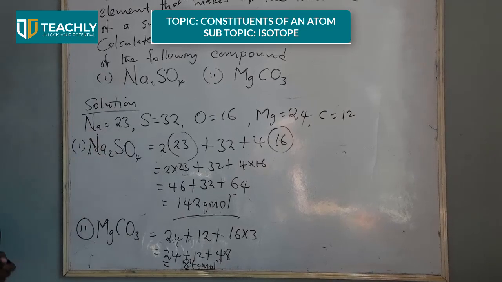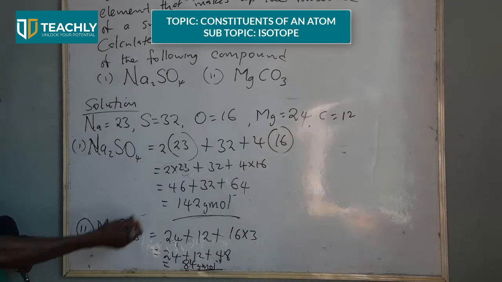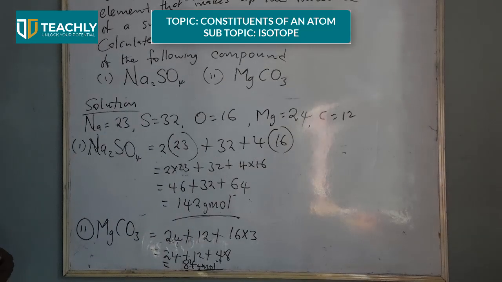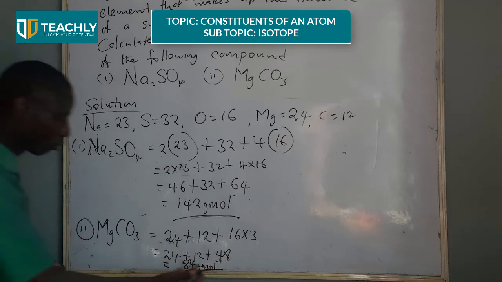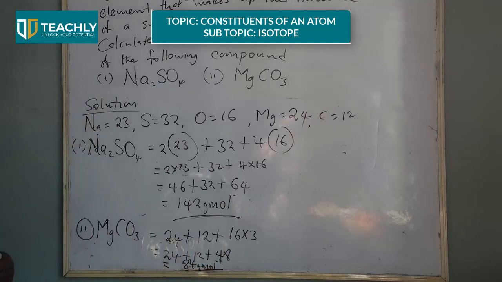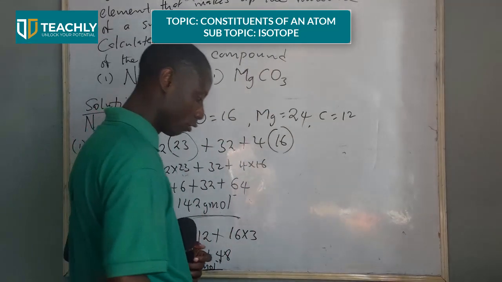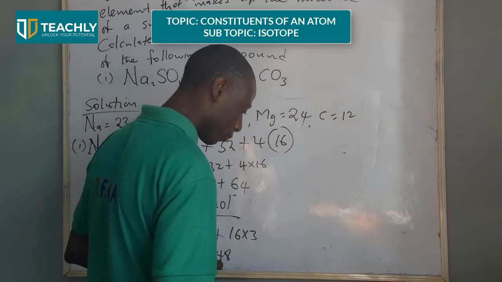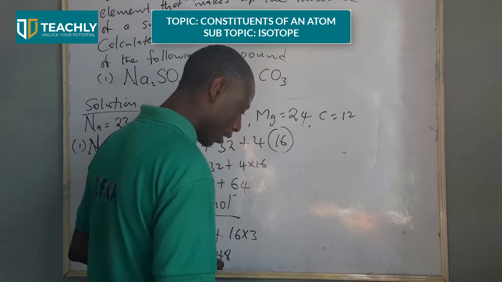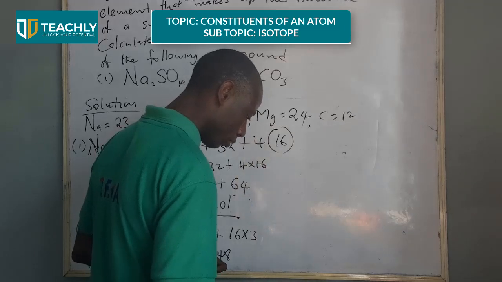So that is this gram per mole. This is what we call relative molecular mass. So to get the relative molecular mass, substitute each atomic mass, multiply by the number of atoms attached to them, and add them together. It will give you relative molecular mass. So that's how to calculate the relative molecular mass of any compound. Before we leave that, you can be asked, so how